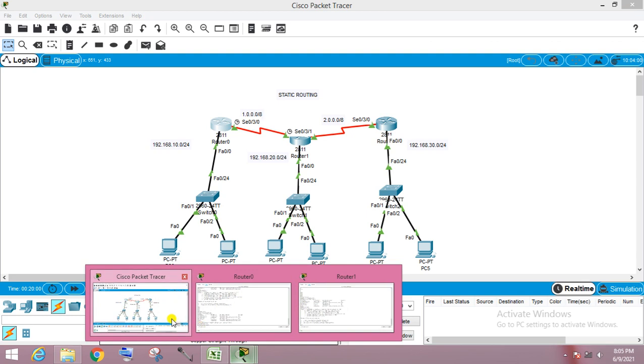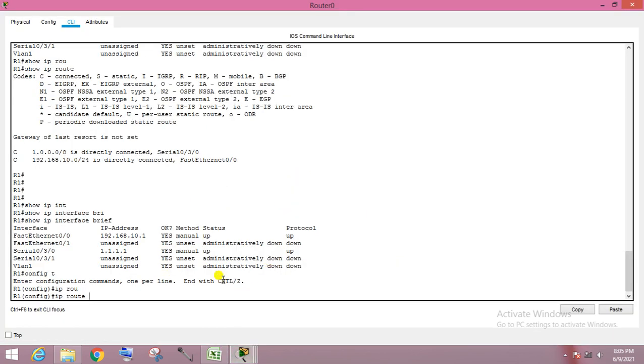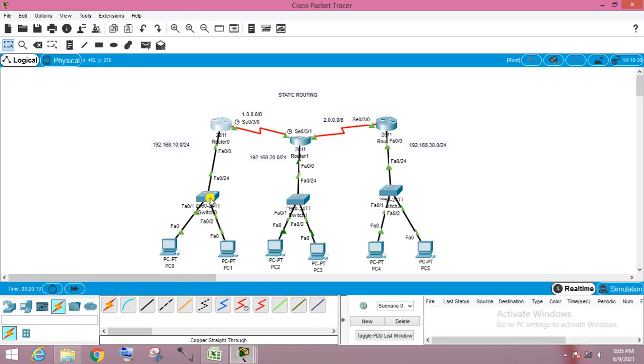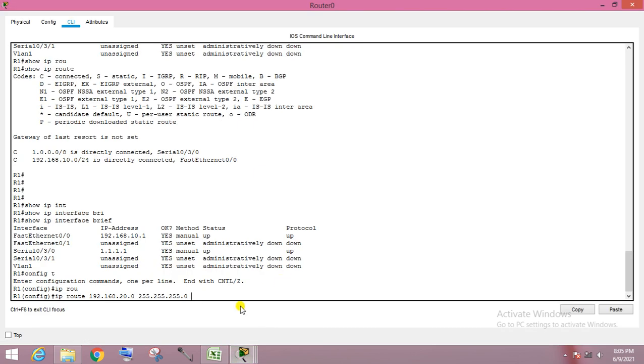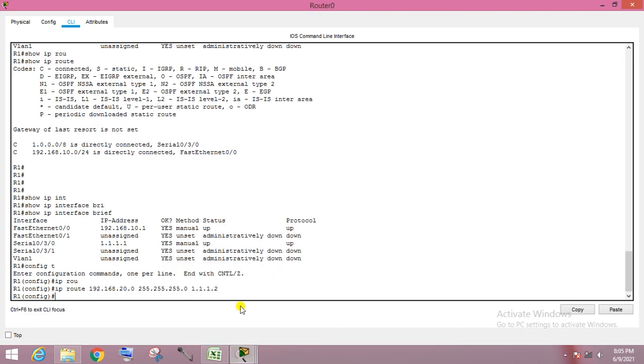So we enter the command IP route 192.168.20.0 255.255.255.0. What is the next hop? This router knows only this next hop address, which will be 1.1.1.2.